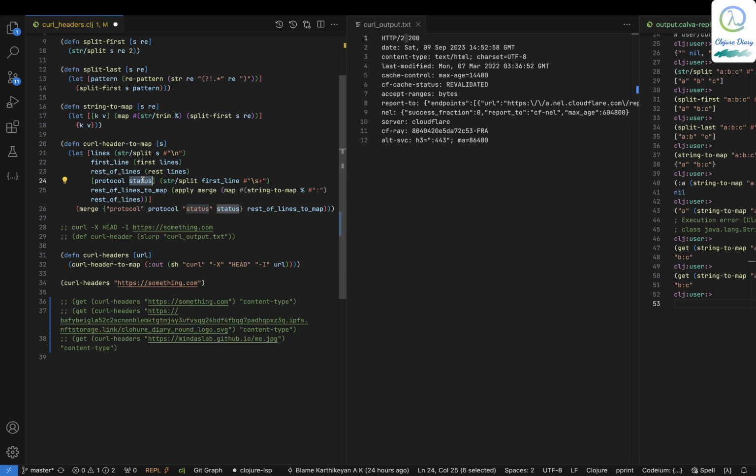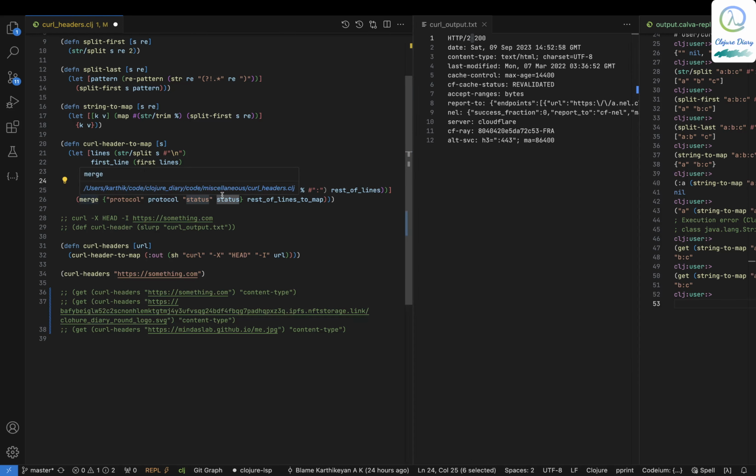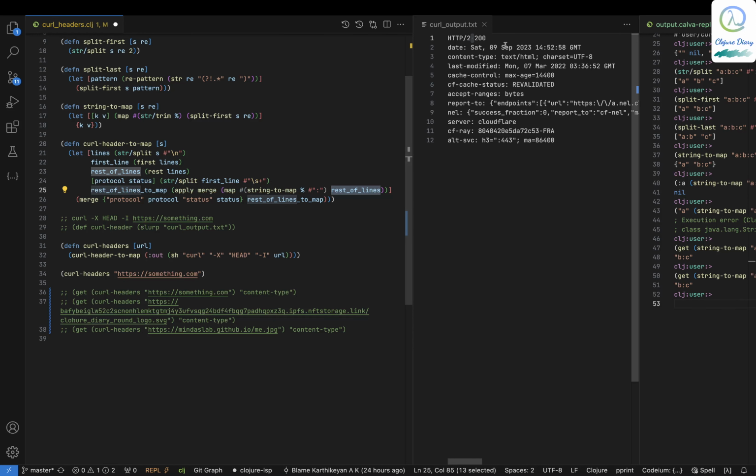So now we have got that. Okay, so yeah, we have just got that. Now we have got this rest of lines to map variable. Okay, so and then we have got this rest of lines. Now what we are just doing is we are taking this line and converting this into string to